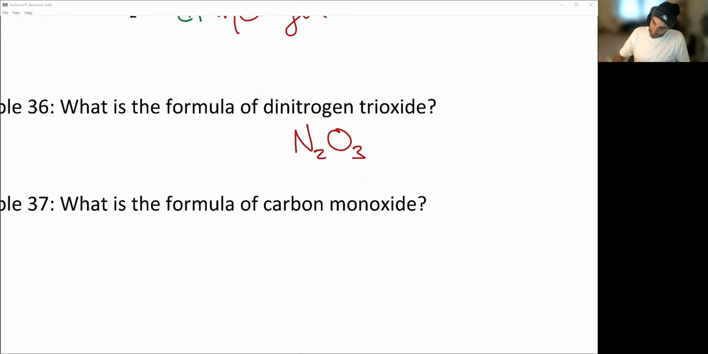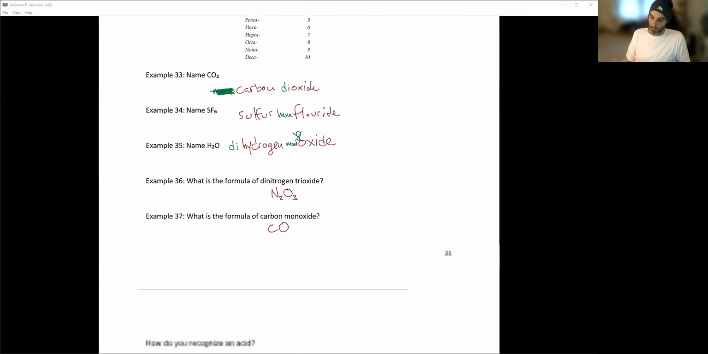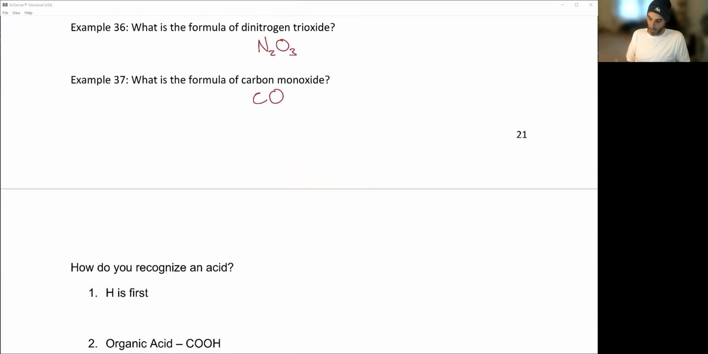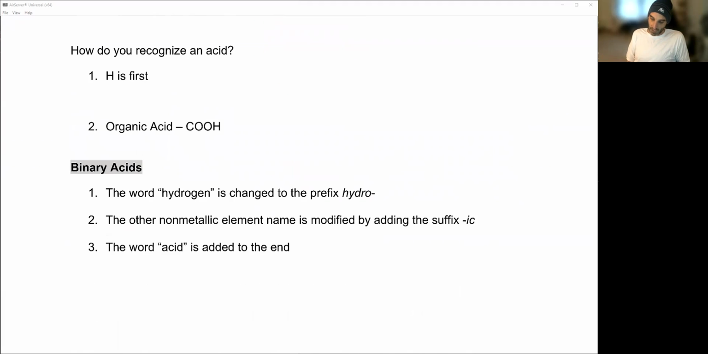Carbon monoxide. Well, I just need 1 carbon because it's no prefix. Monoxide, 1 oxygen, done. So those are much easier to do that way around. Next up,